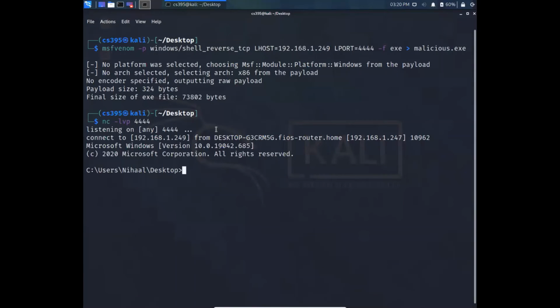So MSFVenom is a really cool tool because you can make it do all sorts of cool things. You can make it throw stuff into files and then send those files. You can also inject shellcode into an existing file. So right here, we created a new file, but it is possible to use an existing file and turn it into sort of like a Trojan horse that whenever you execute it, it will make sure that it executes your